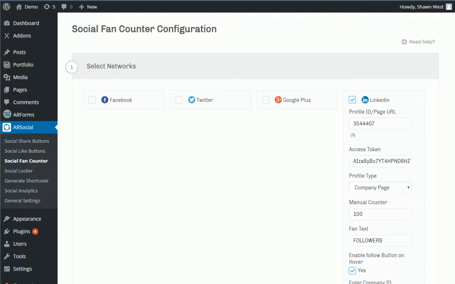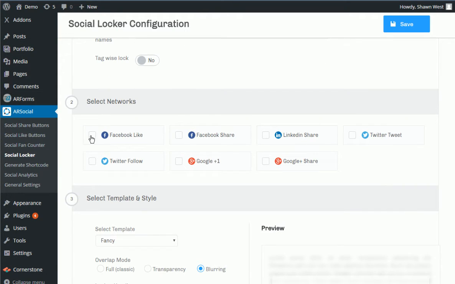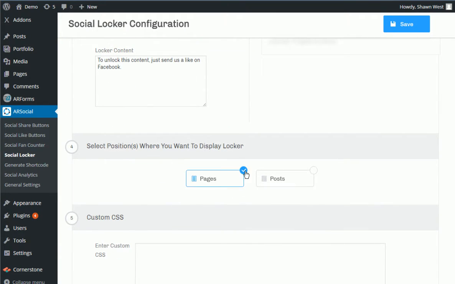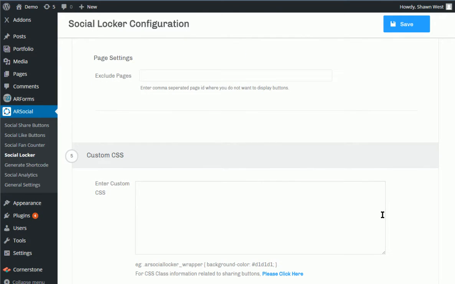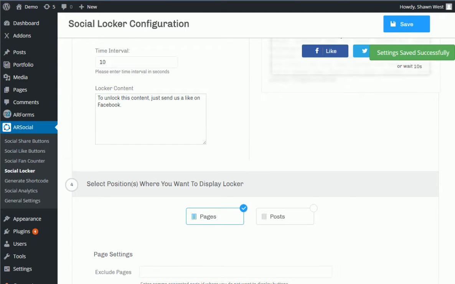Now let's move on to the Social Locker section. Social Locker is a simple yet powerful tool that gives you the ability to lock content at the page or post level, but it can also lock specific categories, tags, or CSS classes as well. For example, if I leave it on Social, Like, and Share, select Facebook Like, and say I want it to appear on all the site's pages, I just click on Pages, leave everything else at the default settings, click Save,